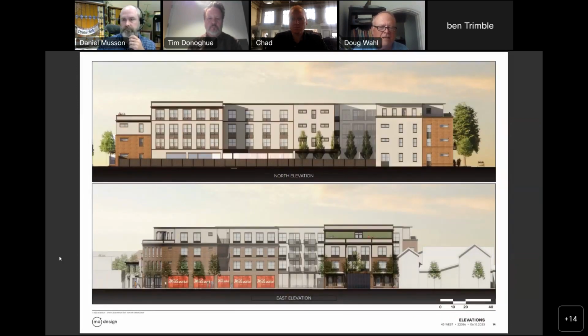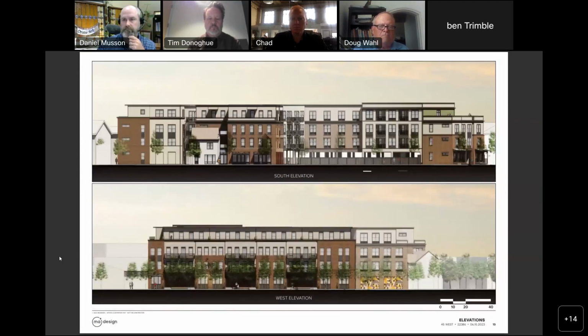I think you've done a nice job with that, but because of the complications of the property configuration, I have a little trouble with that. And if you had been able to take out a couple of bites from the fourth floor by introducing the balcony and losing a couple of units up there to have some up and down variation in this, but